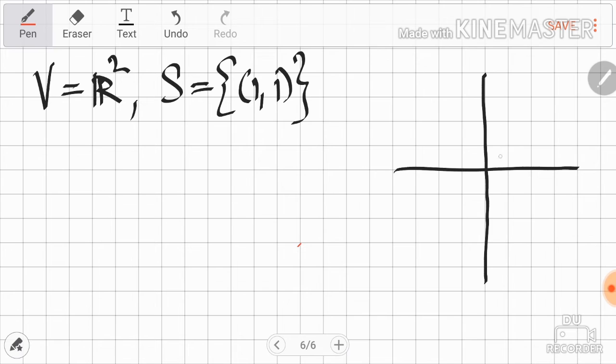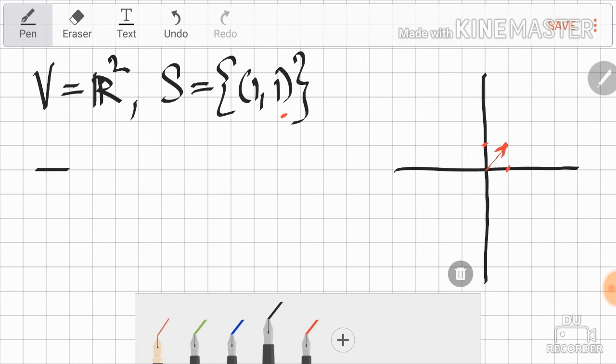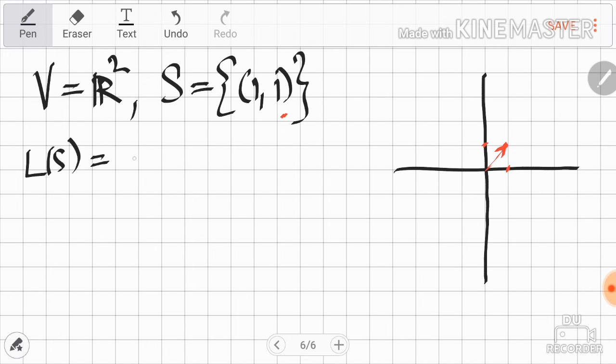The vector 1, 1 can be represented with the help of this dot. This is 1, this is 1, and with the help of this arrow. This set is finite, and hence when you write the linear span of this set, I can write it as the set of all linear combinations of the vectors in S. But since there is only one vector in S, we cannot write it as a summation because there are no other vectors to add. So L of S would simply be the set of all scalar multiples of